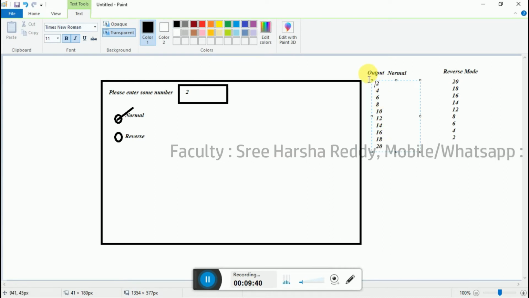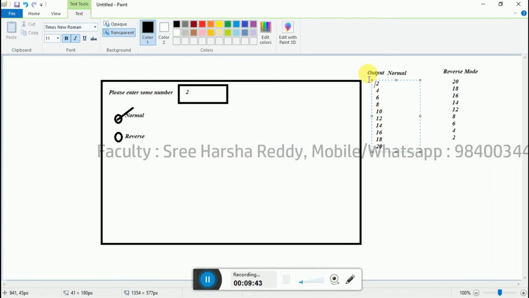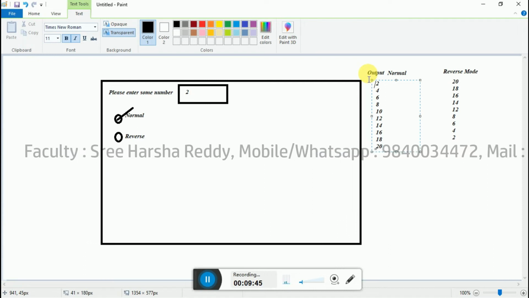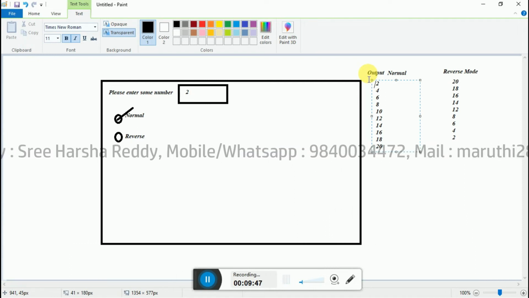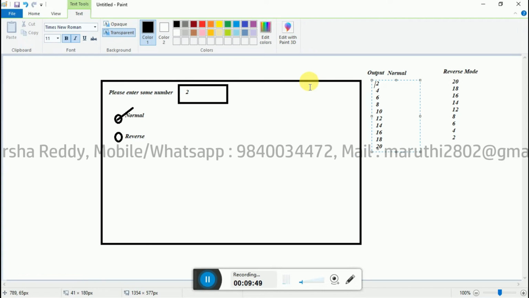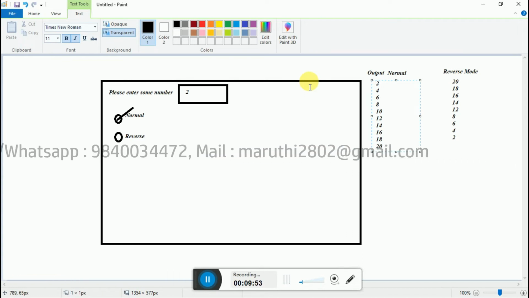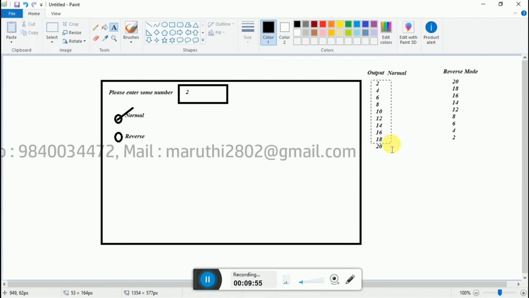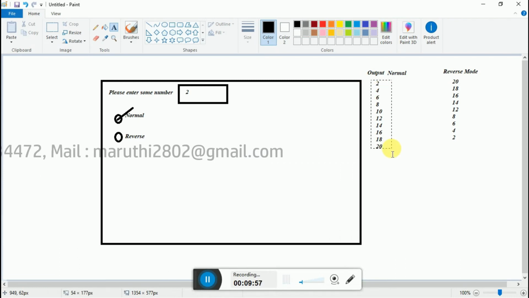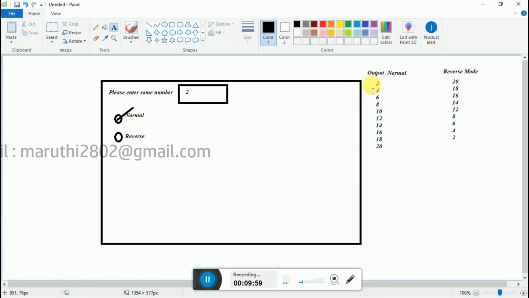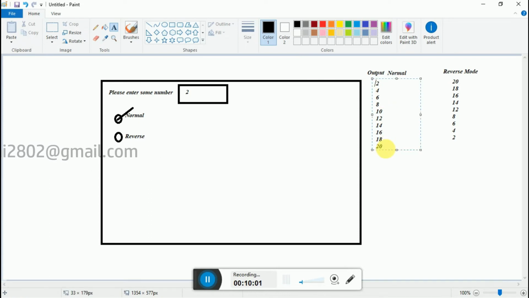Whatever the number may be, it should begin from 1s are and it should end into 10s are. If I give 2, it should begin with 2 1s are and it should end with 2 10s are. So obviously we need 10 records,